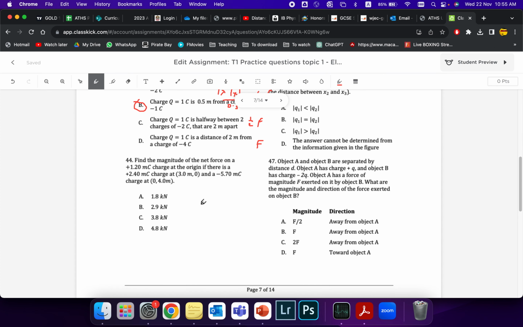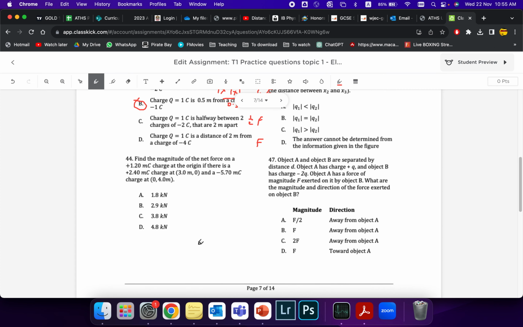So I'm moving on to the next one over here. We're trying to figure out the magnitude of the net force on this charge at the origin if there is this charge and this charge. So it's basically like a little graph. I'm going to have my origin here, and this charge at the origin is